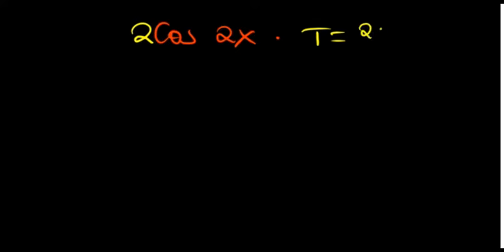Okay, so what happens if we consider cosine of 2x? Feel free to try that one out from the basic understanding of what the period is. Of course we said our period is going to be dependent on b, and to make it interesting I can also add an amplitude of 2, so that we have 2 cosine 2x. So our period is expected to be 2 pi divided by the value of b, which is the coefficient of x. So this is going to be pi. Going to our graph,